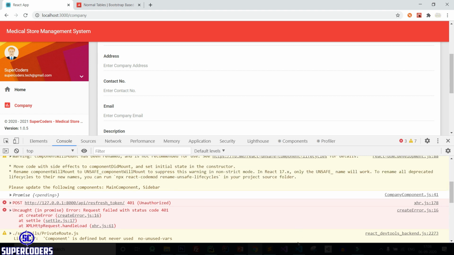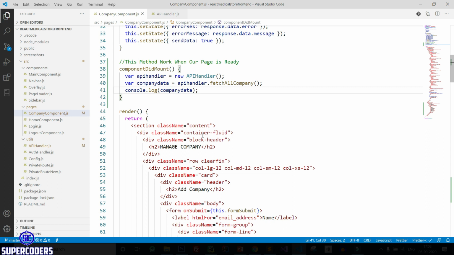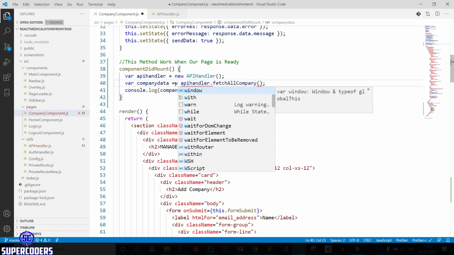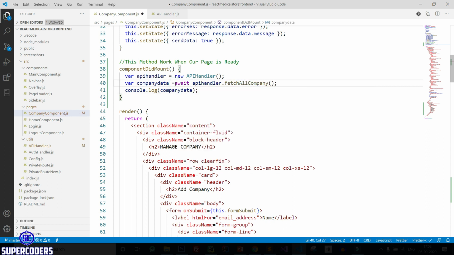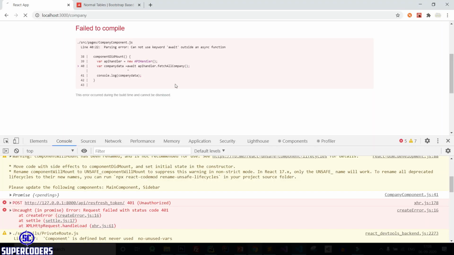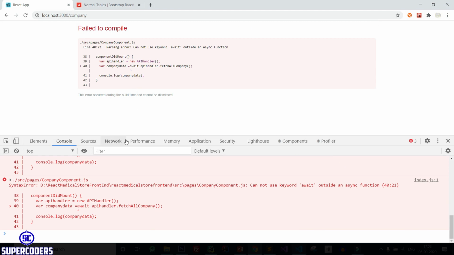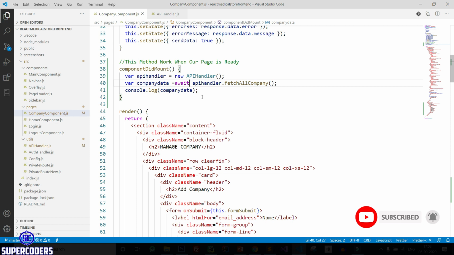So let's fix it. So come again here and here adding await, save it, refresh page, and it says cannot use await outside an async function. So let's do one more thing.